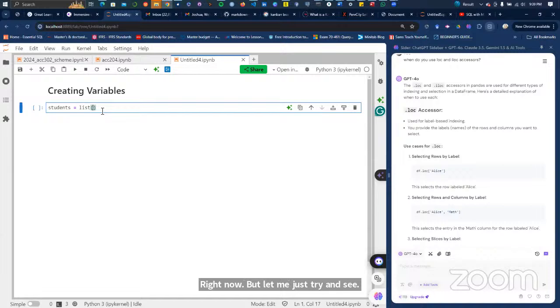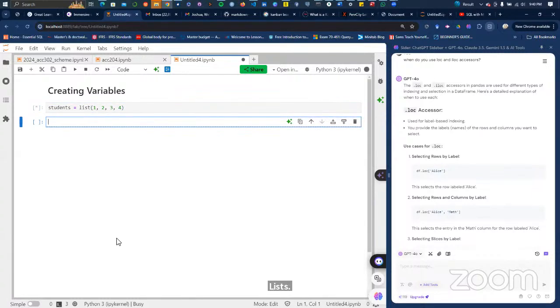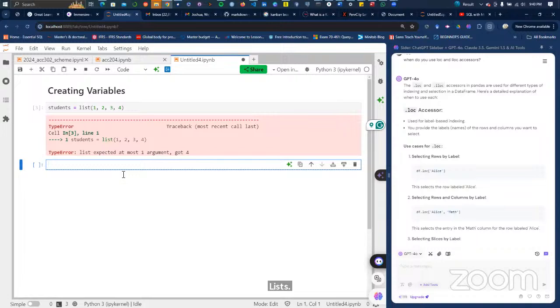List is a function. So every function has this opening, closing parenthesis. Yeah, I think the function's name is list. And then it will take, let's say, for example, 1, 2, comma separated elements. Usually that's how the structure is like. If this is correct, it's supposed to create a list of students numbered 1 to 3. If it is not, it will throw an error and explain to us what the error means.